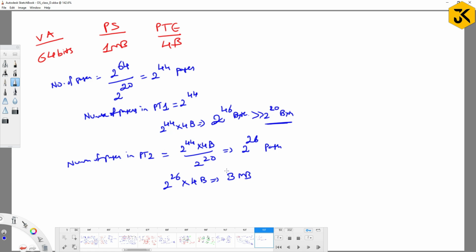2 power 20 into 2 power 8, sorry, into 8. Right? So total 3 MB. So the 3 MB is larger than 2 power 20, 1 MB. Yes or no? Yes. That's the reason we are going to split further again. So what is the number of pages in page table 3? 2 power 26 into 4 bytes by 2 power 20, which is equal to 2 power 6 into 4 bytes,